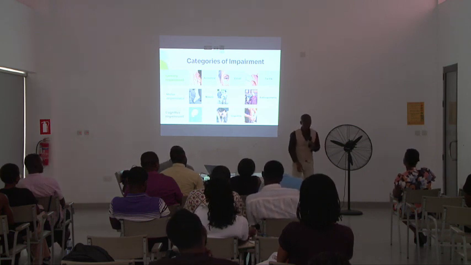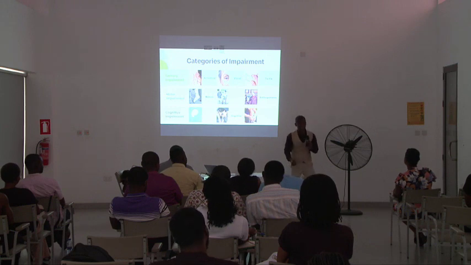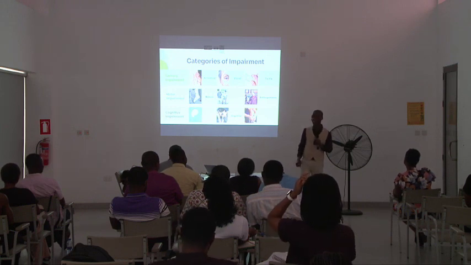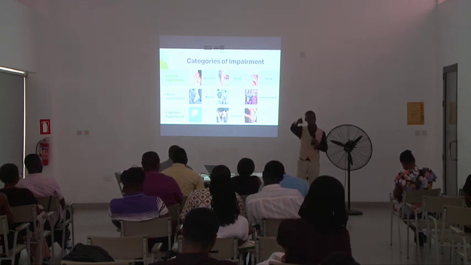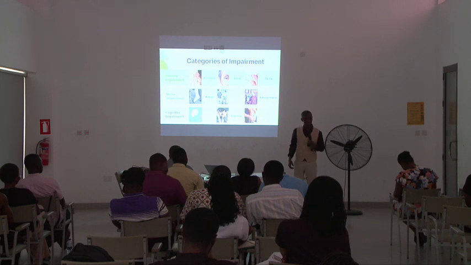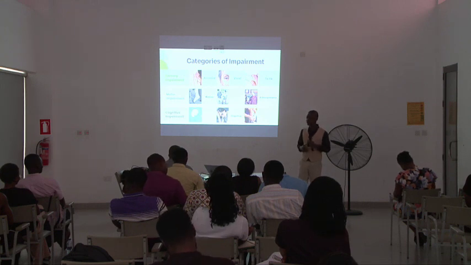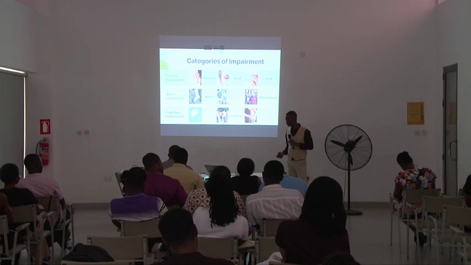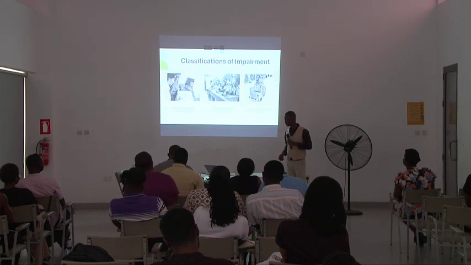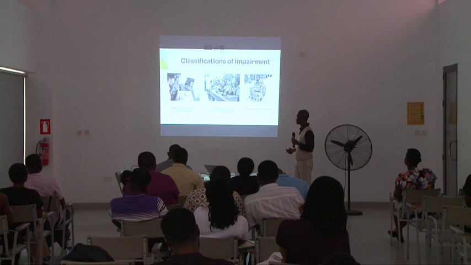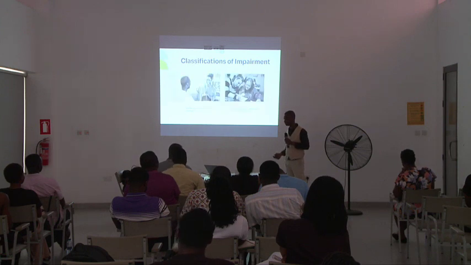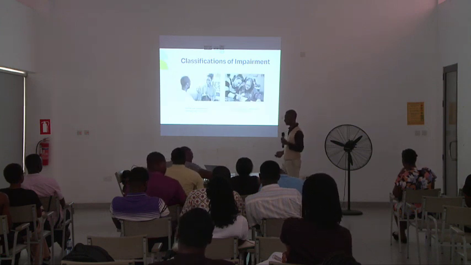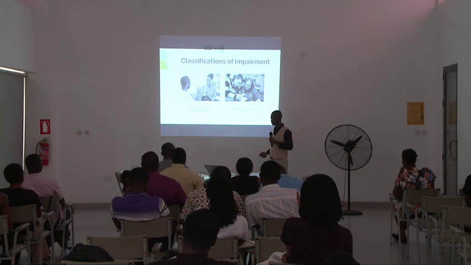If you are too tall and we have our door handle over here, every time you get to the door, you have to bend to open it, or you use your knee to open it before you enter. And if you have a dwarf and there is a normal door handle, they are always looking for something to stand on before they open it. So we have to consider all of them. And for the speech impairment, in the education sector, the visually impaired is very, very serious, and even in our space. Then for the hearing, as I said, we've already talked about it.